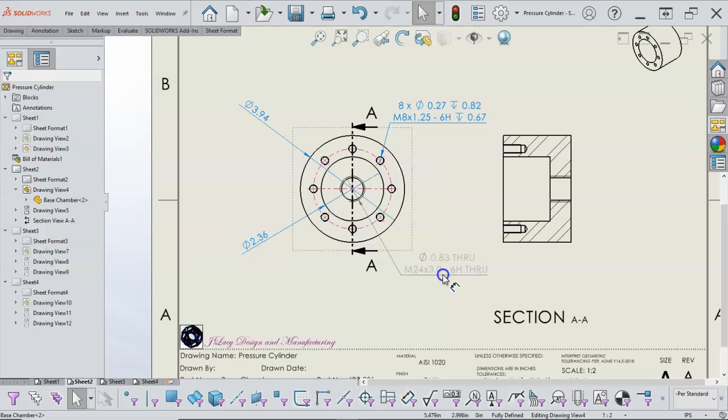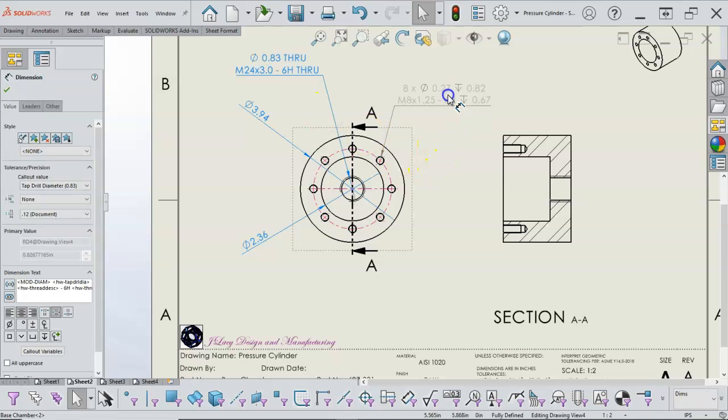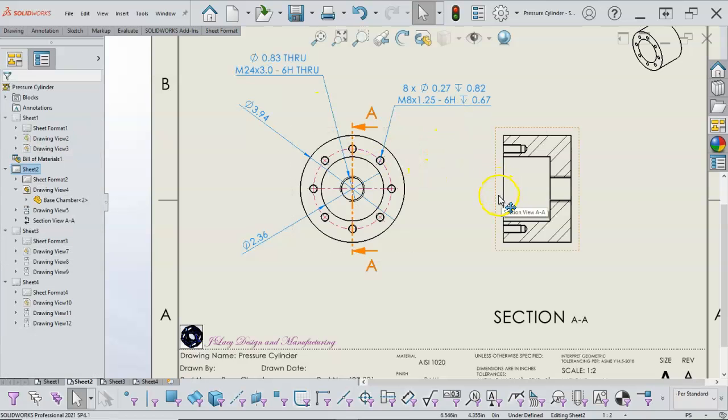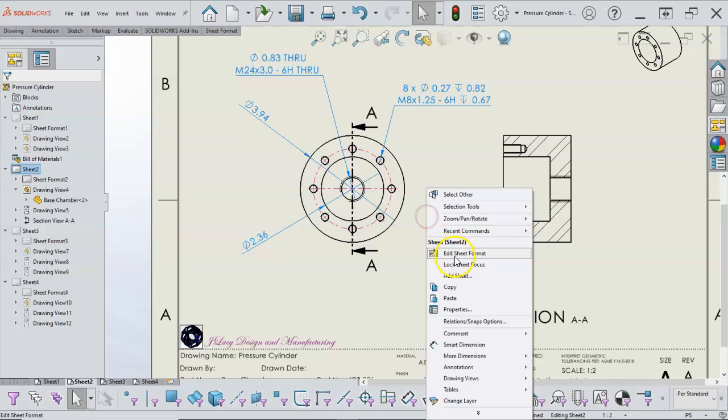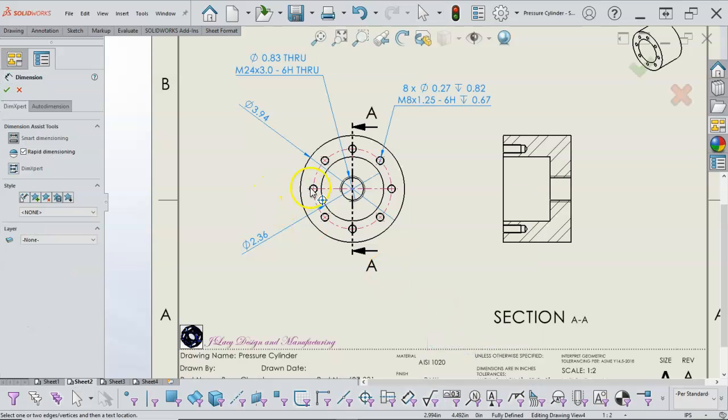So we'll have to verify and then see if those tolerances are correct. All right, so what else am I missing here? Oh, the bolt circle. So for the bolt circle, smart dimension,